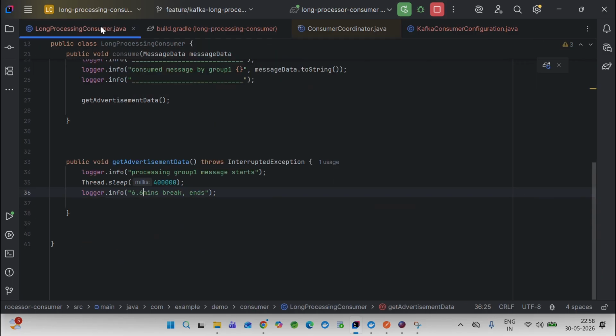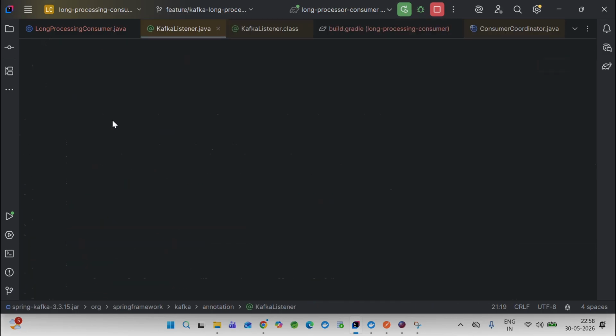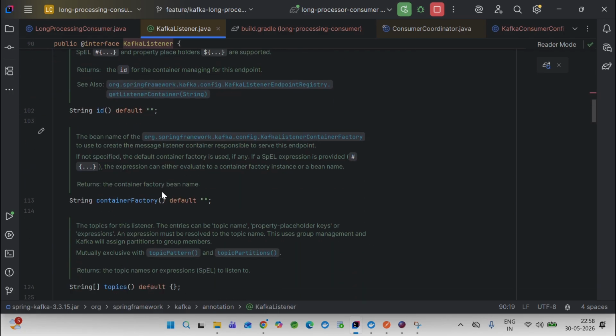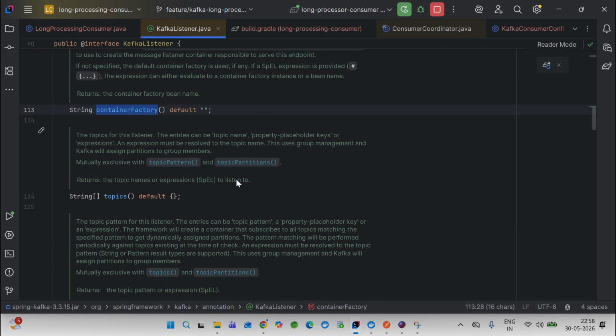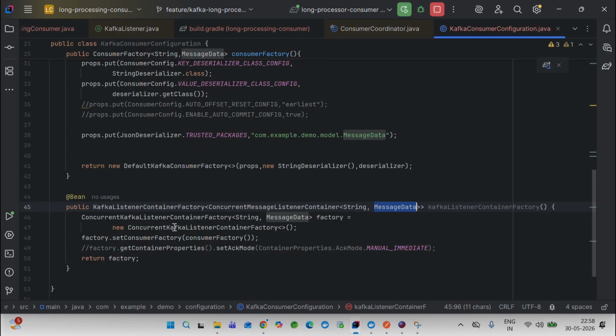Now if I go to the consumer, I hope you know about this Kafka listener. This Kafka listener, there are quite a few things you can do with it. If I go inside Kafka listener, there are quite a few things out there, like we can send the container factory also. So if you see here just now, there is nothing but our container factory. So you can send this container factory also in our